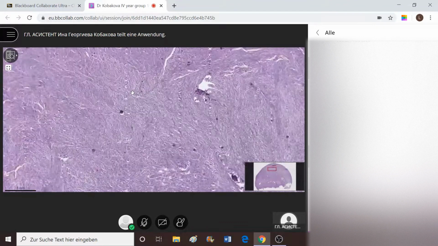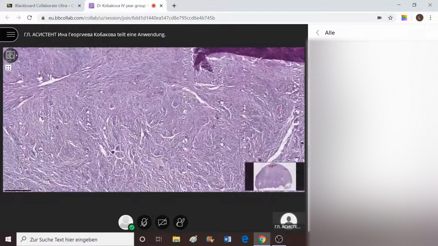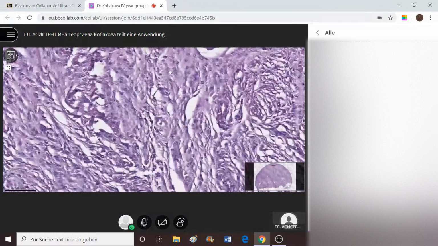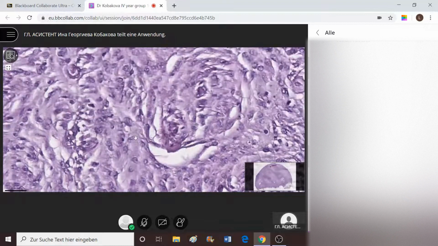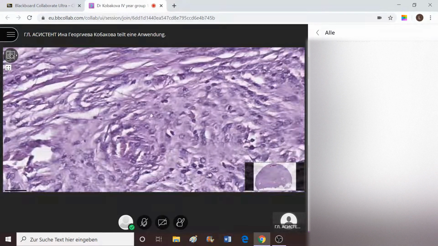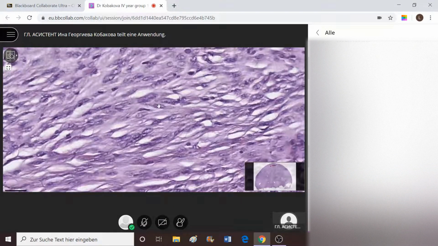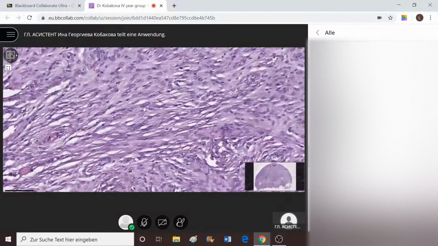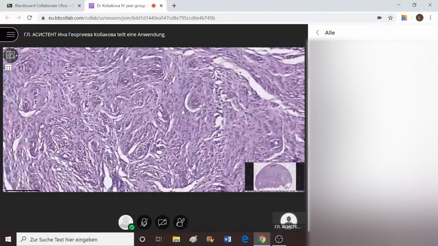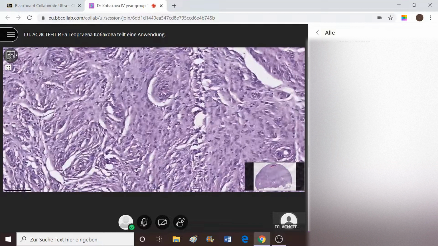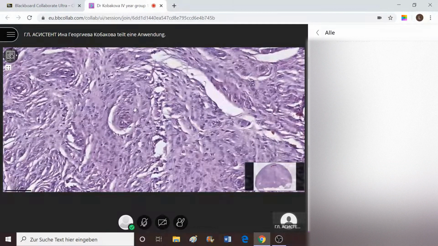When we go to the higher magnification, we see that the cells are relatively identical to one another, relatively large. We see the cytoplasm, and they are constantly changing their direction. In some areas, you may even say that they resemble smooth muscle cells, and you won't be very wrong, because they do resemble smooth muscle cells in some areas, and you see their swirling pattern where they form whirlwind-like